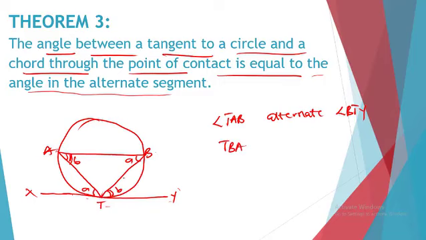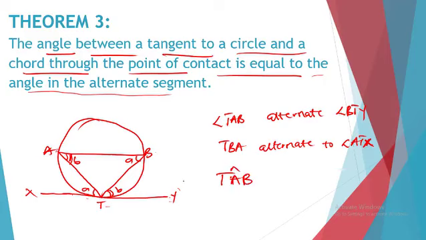Now, it means that triangle TBA is alternate to triangle ATX. This is triangle ATX. Okay, triangle TAB is alternate to triangle BTY, and then triangle TBA is alternate to what? Triangle ATX. Do you understand? Okay, then it means that angle at